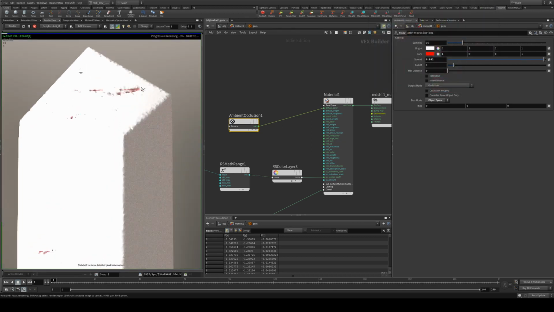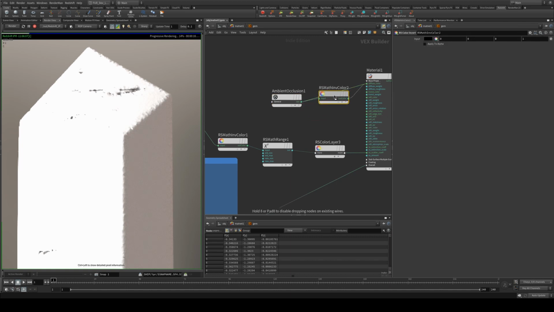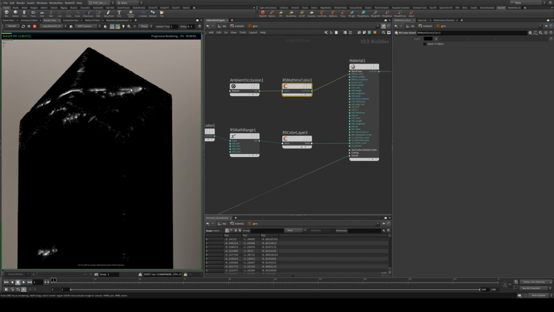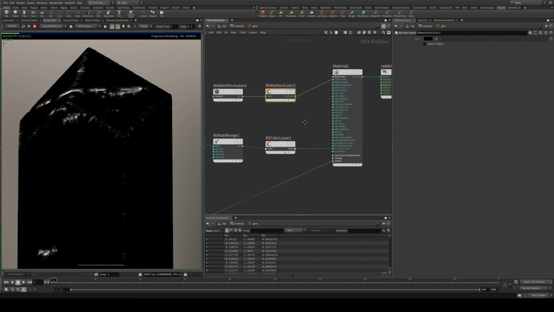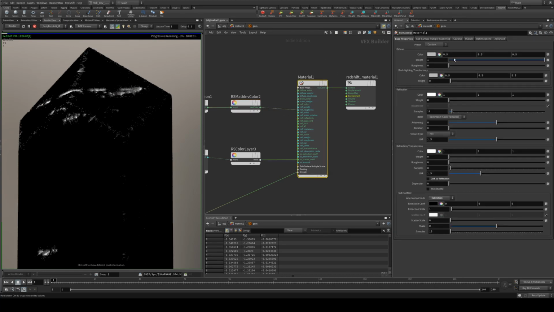So what it's doing is the ambient occlusion is detecting areas where there's close edges, sort of like pockets, and it's adding a dark color to them, which in this case, if we plug it into our reflection roughness, we'll need to invert it, because what it's reading is anywhere there is a value of 1 or white, it will be rough. So we'll run that into reflection roughness, and then we'll turn off our diffuse and we'll turn our